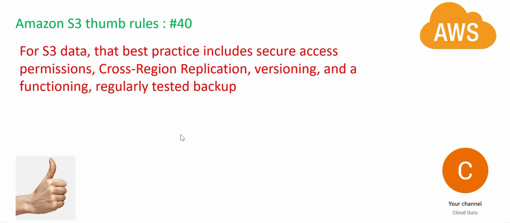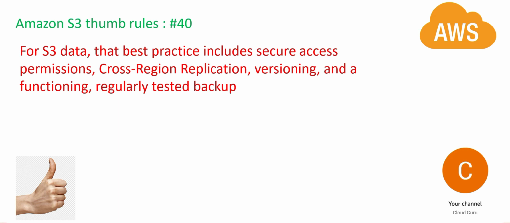Then always remember to enable versioning. That is one of the ways you can prevent accidental deletes. Even if somebody accidentally deletes a file, you will still have the versions. And try to maintain systems which regularly back up your data. That means a backup is created at a particular frequency and kept somewhere, so that if anything gets messed up, you can still go to the backup and recover.